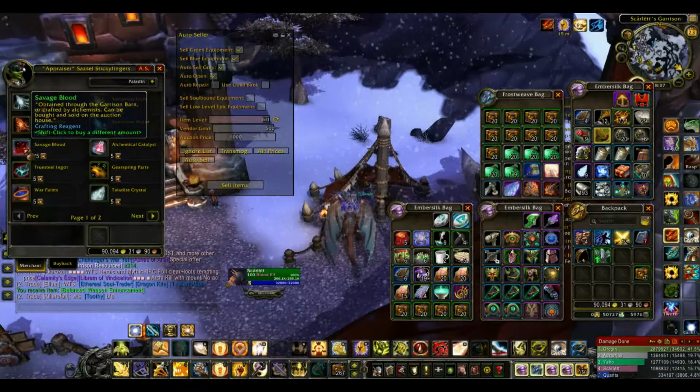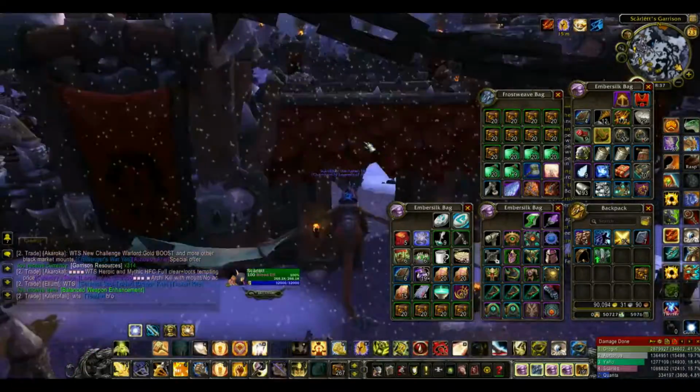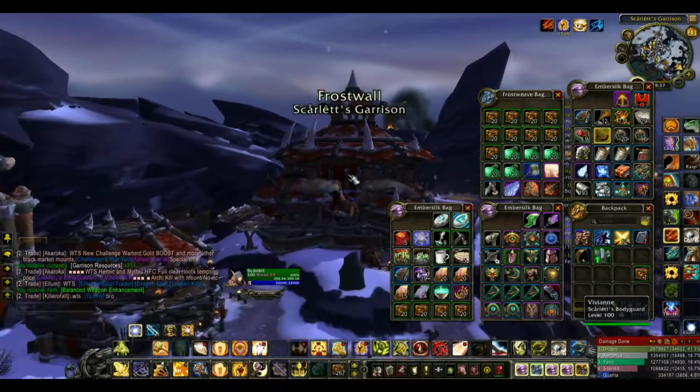and then I'll sell them on the auction house. There you go, you make a killing. It's a good way to make gold. You can buy your sorceress mats from there as well if you decide to do that. I don't have to, but